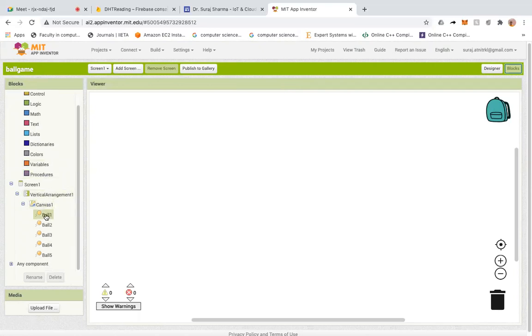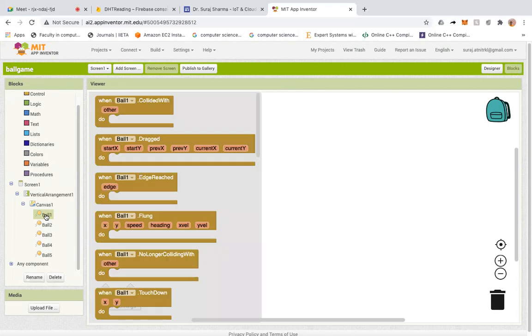Now we'll click on any of the balls. So you click on the first ball here. And for the first ball, when it reaches any edge, the third option is Ball.EdgeReached.